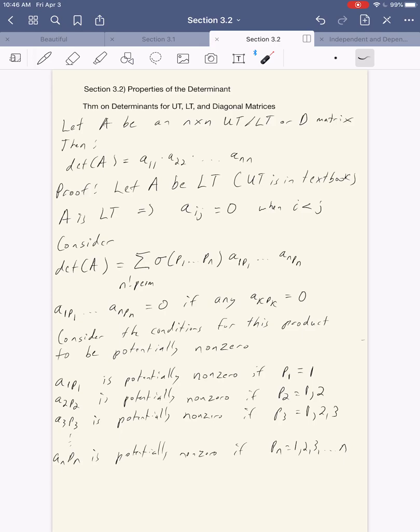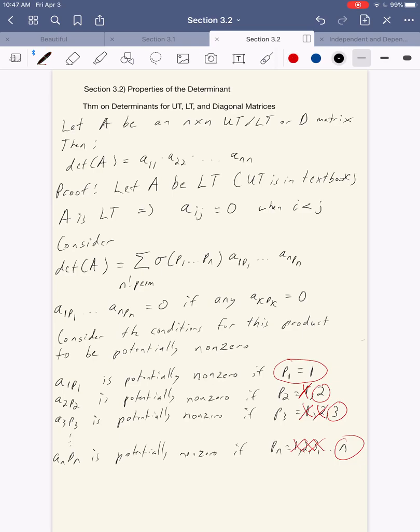Okay, but let's think about these restrictions. Remember, these P1 through Pn's have to be distinct. So once a value is selected, it can't be used for any other one. So we just saw up here that P1 has to be 1 for things to be potentially non-zero. So if P1 has to be 1, then P2 can't be 1. So P2 has to be 2. Well, if P1 is 1 and P2 is 2, then P3 can't be 1, it can't be 2, it has to be 3. And this process would continue all the way down where everything would be eliminated and